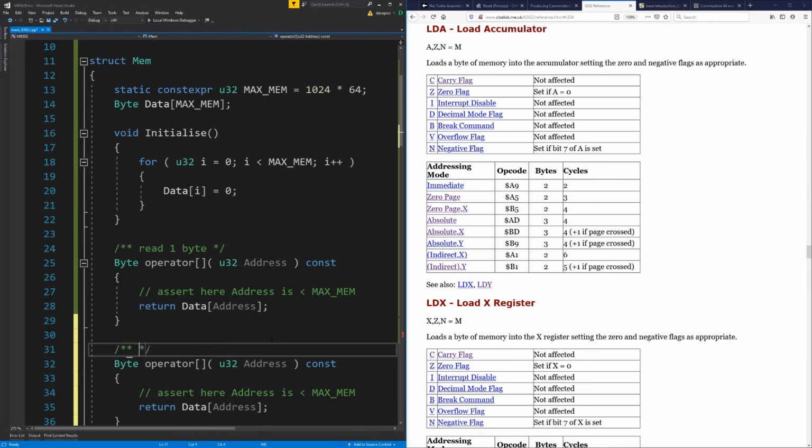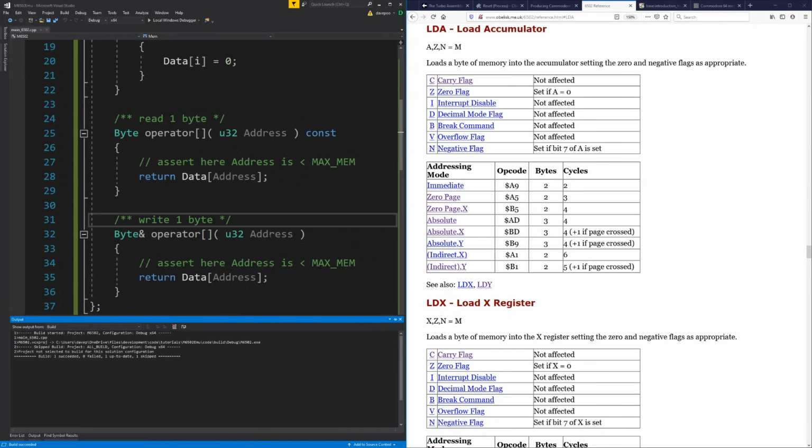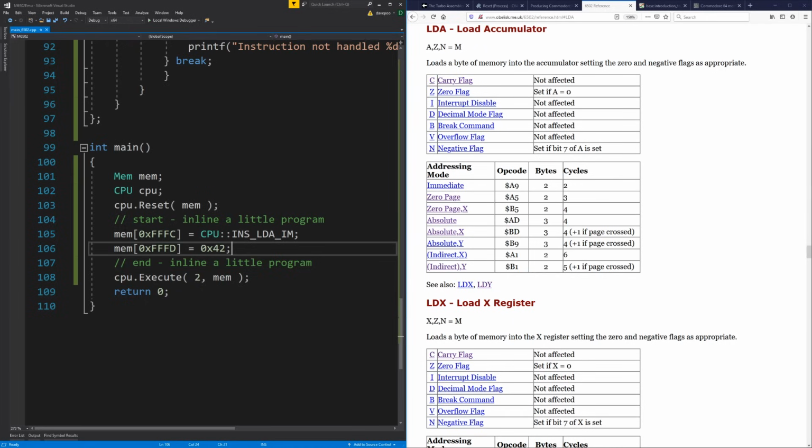Right, so there we go. That will allow us to return a reference to that part in memory that we can actually write to. So now we've got a little program here. In effect, if I just put a breakpoint down here,